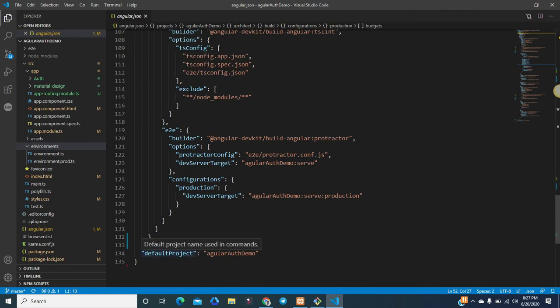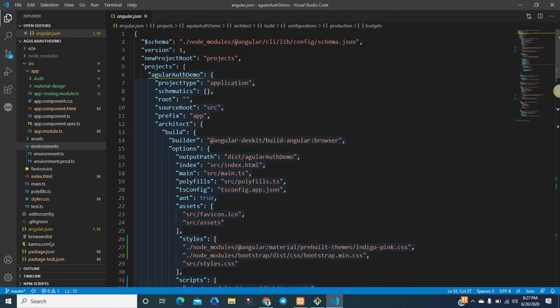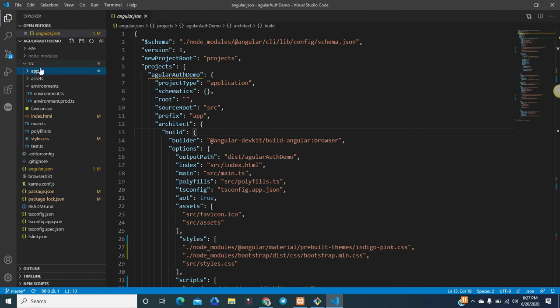As you can see, there is the project name, default project name, and other configuration, all available here, like root and source root, like src, because you will use everything through the src here. So you will get this folder. You can see here that all the Angular application files are available under the src folder, so you can easily access them. In case you want to change this src folder to a different one, you also need to change it in angular.json, because as I said, angular.json holds the workspace settings and configuration.